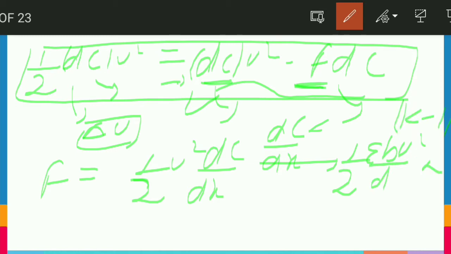Friends, I hope that you have understood the question. You need to find this by yourself and verify how I have written it. It is not a very big load. We have got our C in our first equation. Just differentiate with respect to x and put the values to get F. So friends, I hope this question is also clear so that we can jump to the next question.